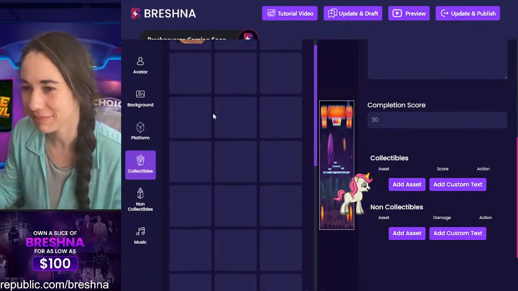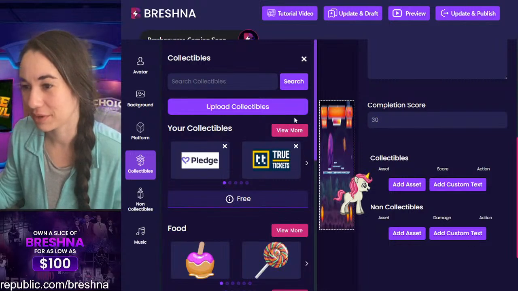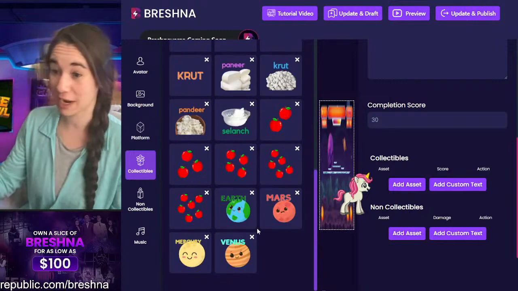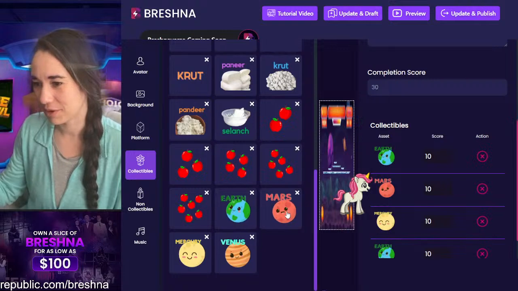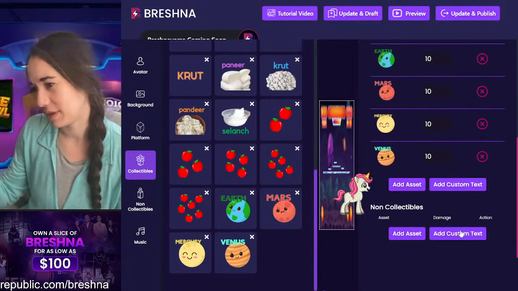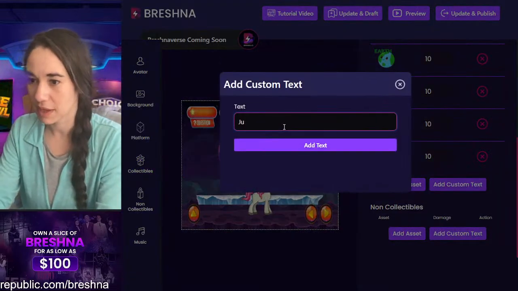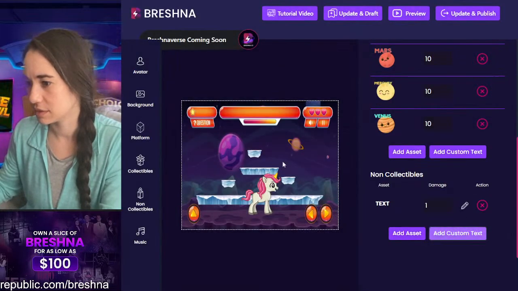Anyway, coming all the way back up, let's go back into our collectibles. Actually, I should have just stayed where I was, because I could have easily grabbed those from where they were. Okay, and we're going to do this twice. They are so happy. And then we'll add our custom text, just like we did for Seek and Smash. Jupiter, add text,